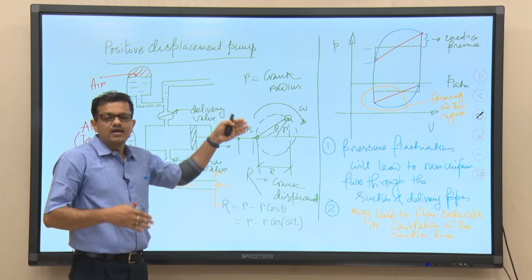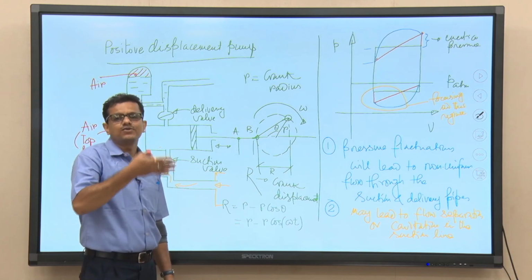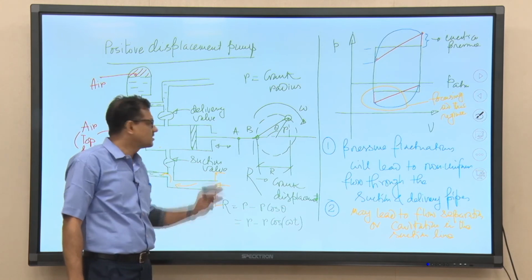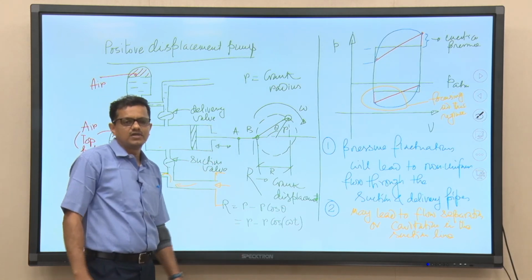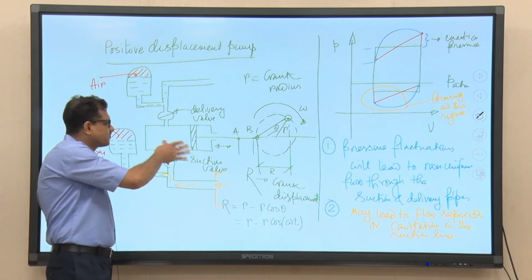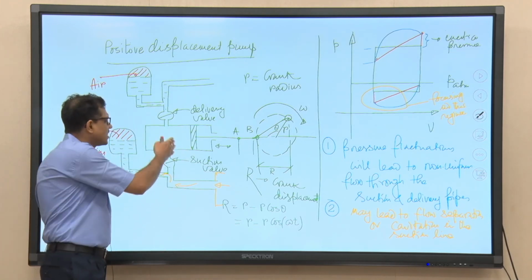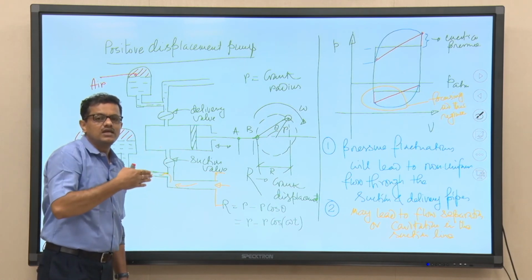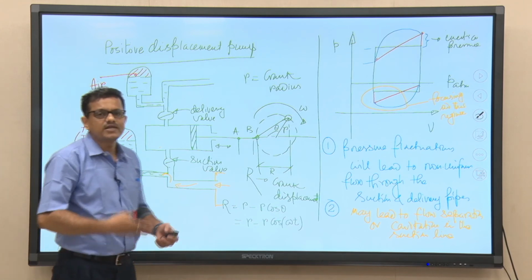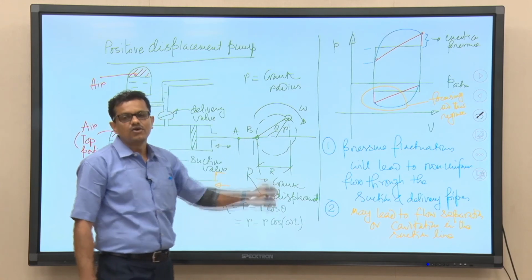So, again we are supposed to get a fluctuating flow rate through the delivery pipeline. We need to dampen it out, as it is not expected for the system in which this pump will be used. In a system, this pump will be installed essentially to supply a continuous, constant flow rate, but because of the inevitable operational feature of this type of pump, we are expected to get a fluctuating flow rate. So, we need to dampen out, and that is why the air chamber is there. What will the air chamber do?